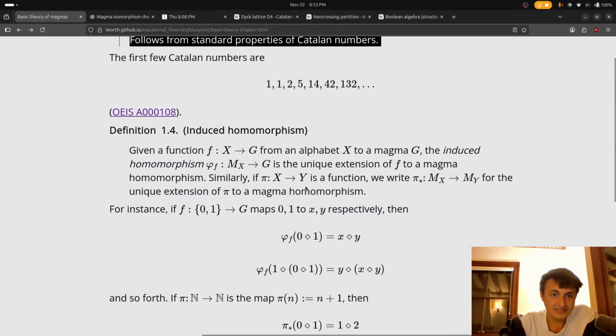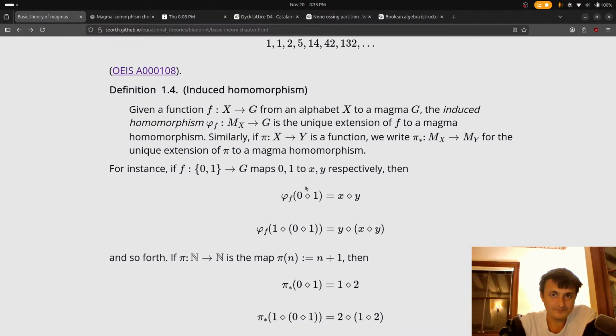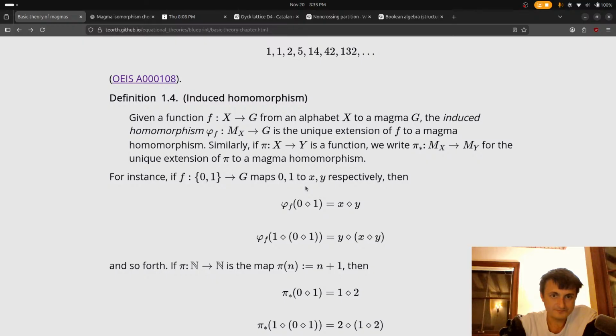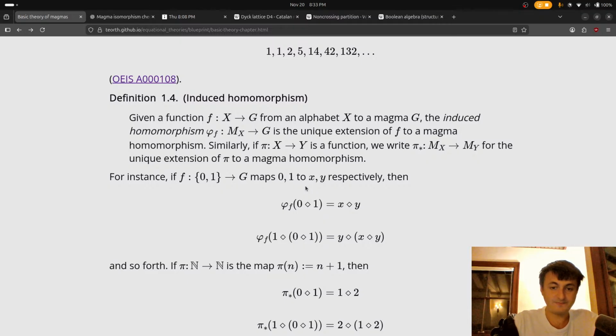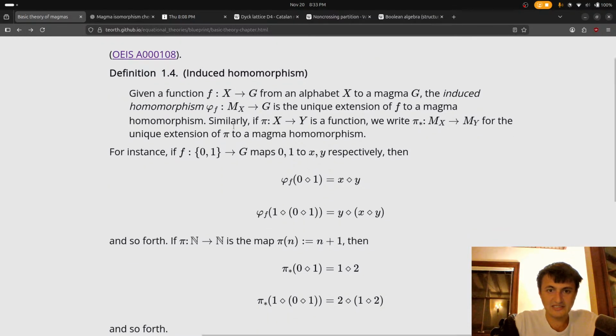All right, definition 1.4. Induced homomorphism. This is probably where they're going to lose me because I see pies, I see phi's.